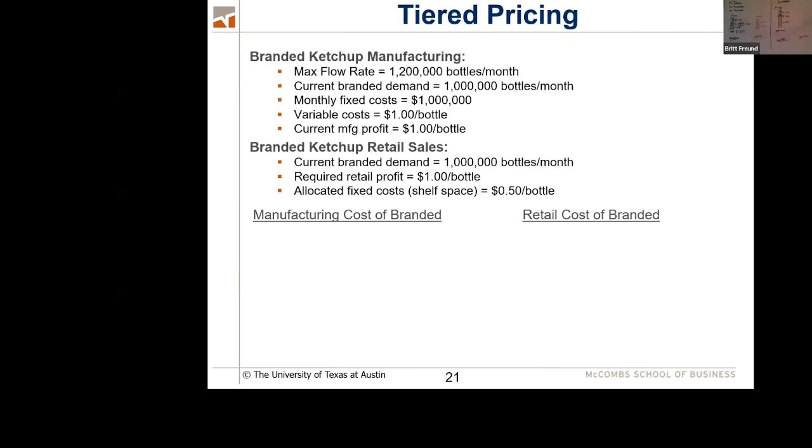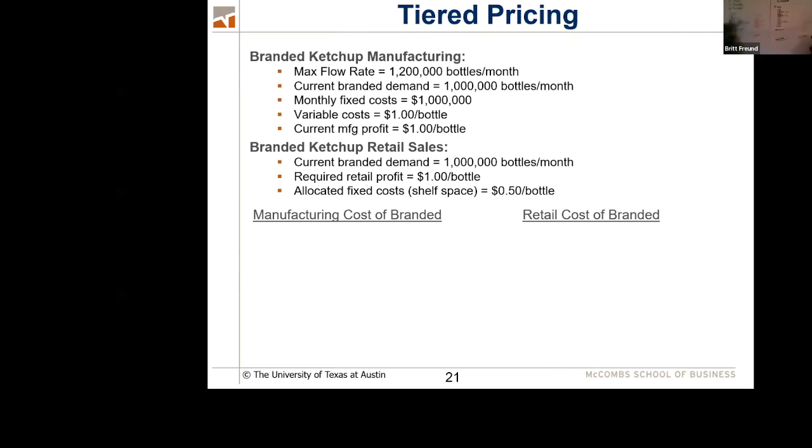So that's what Lance proposes to Ashley and to HEB. And they both sign off on it. So the Hunt's factory starts making those incremental volumes for HEB brand ketchup. And now if you come over here and look at HEB, what does HEB look like when it's selling this stuff?